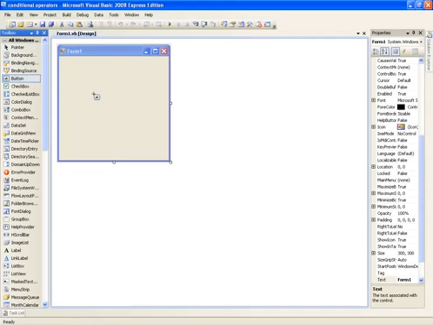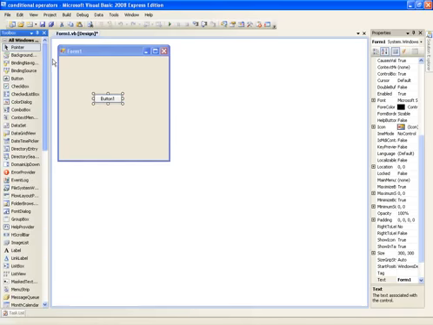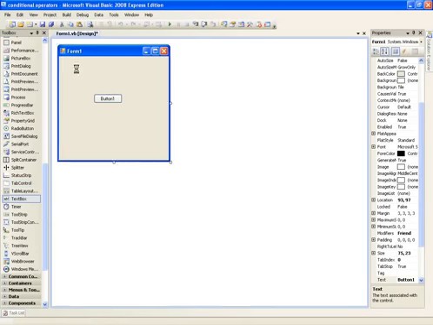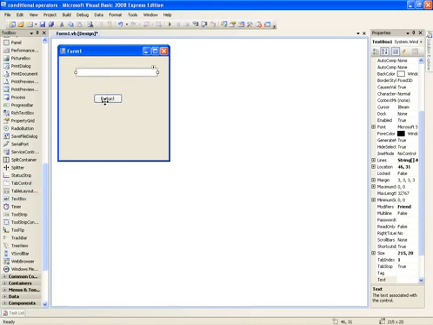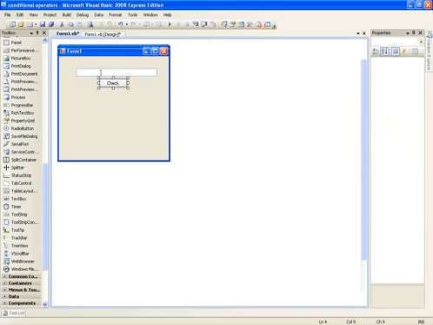So let me give you an example. First we'll have a button and a text box. Just create that pretty quickly. Make the text on text 1 check. Okay, so the first conditional operator we're going to cover, I'm going to just show you first so you actually know what they are,